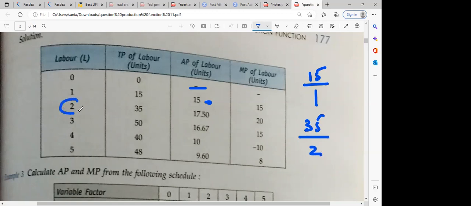What is your variable factor? Okay, ma'am. 2. It is TP divided by L. Yes. Sorry? It is TP divided by L. Yes. They will be divided by, this is